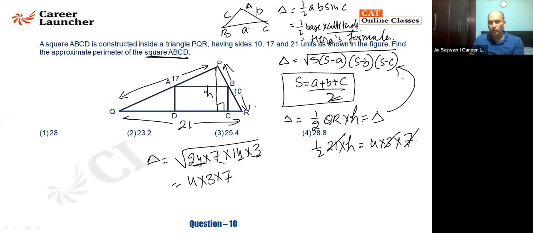7 3s are 21, cancel out. H comes out to be 4 2s are 8. Now H is coming out to be 8. This length is coming out to be 8. Few moments back,